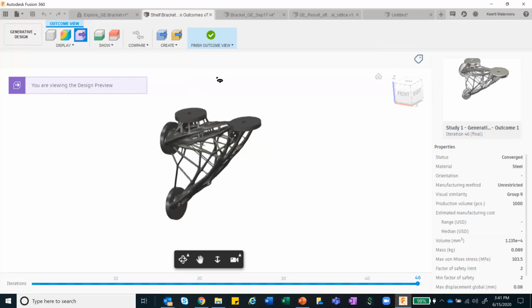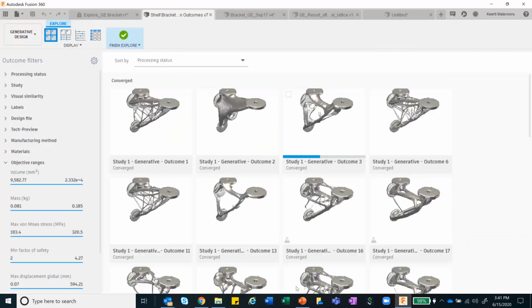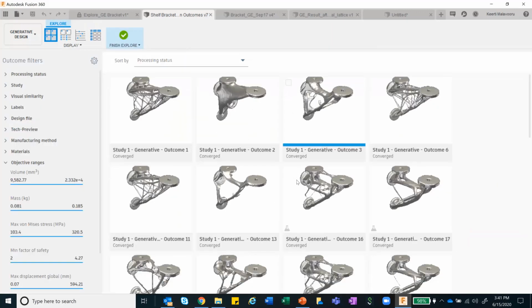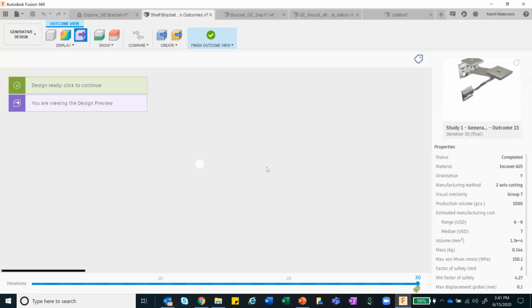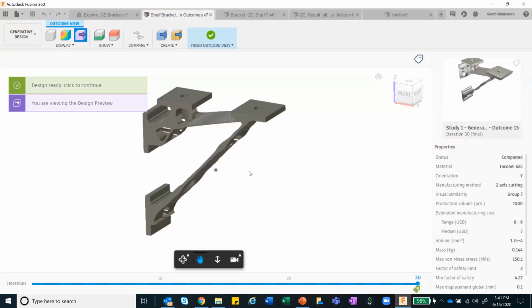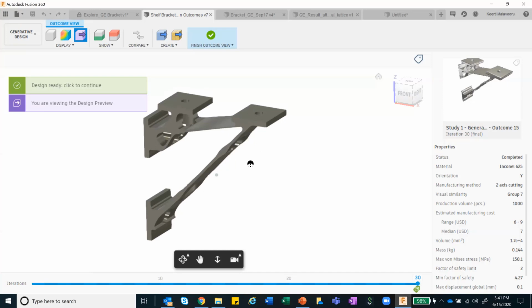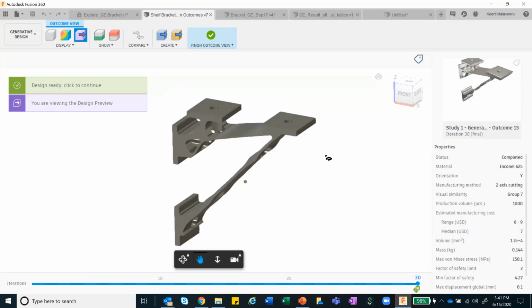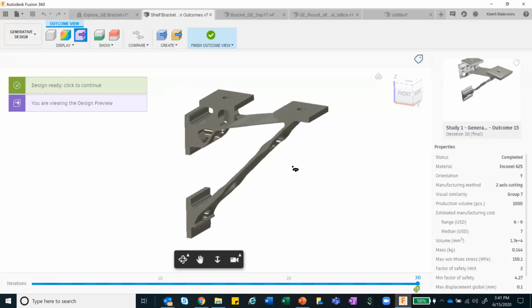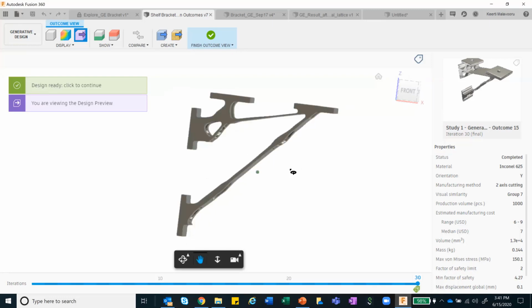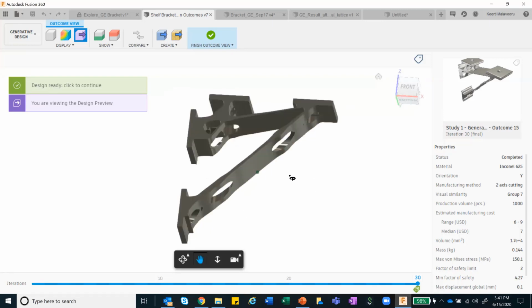Or if you want to manufacture using a much more conventional way, like a 2-axis or 2.5 axis, I can go ahead and choose a design which is lightweight, which is aesthetically pleasing, and which is also strong enough to hold all the loads that it is being subjected to. So this is currently being manufactured either by 2-axis cutting or 2.5 axis.